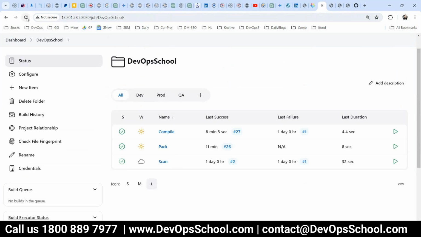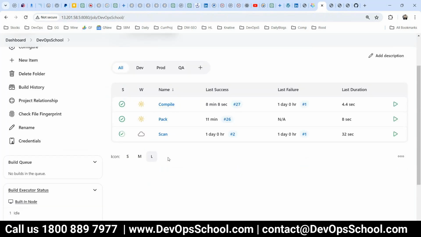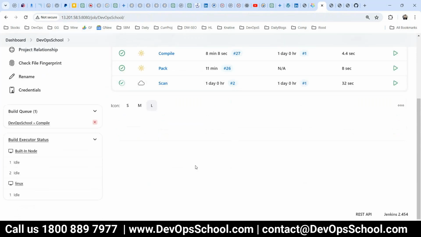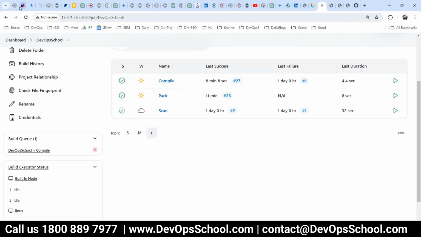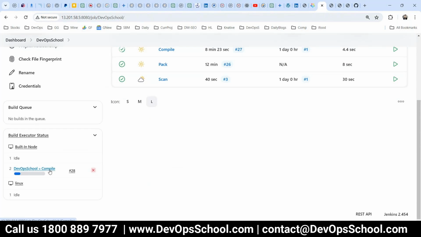Okay, scan will fail, I guess. Why? Because SonarQube is not running. Yeah, scan will fail, but that's okay. See, compile is in queue. Refresh. No, it did not fail. That means SonarQube is still running, I guess. So you see, compile is in queue, and it's not in queue. Executing,